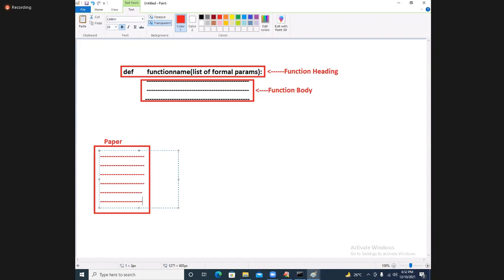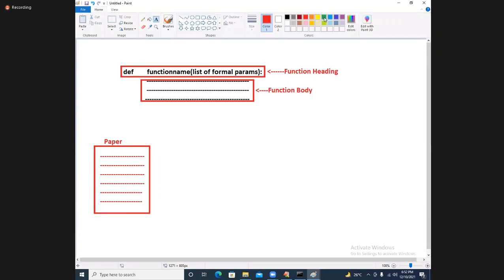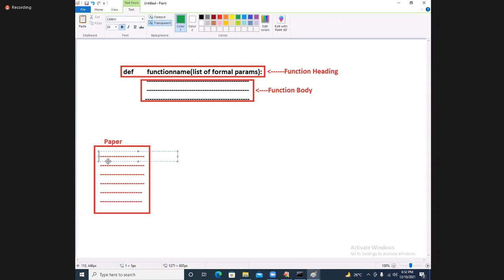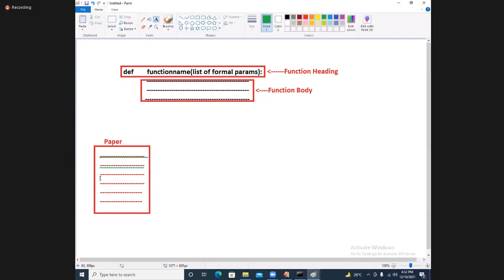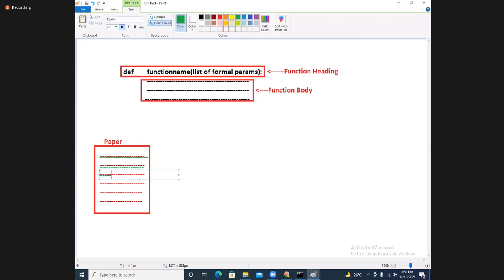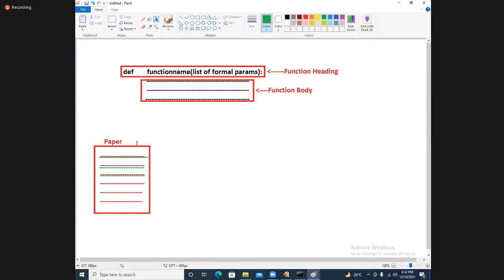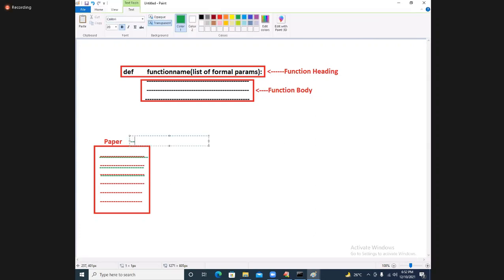Later, next day also, you want to rewrite that paper. What will you do? On the same paper, you are writing something with some other kind of pen. What is that paper called? Is it a rewritten paper or not? Yes, it is a rewritten paper. The paper was overwritten.